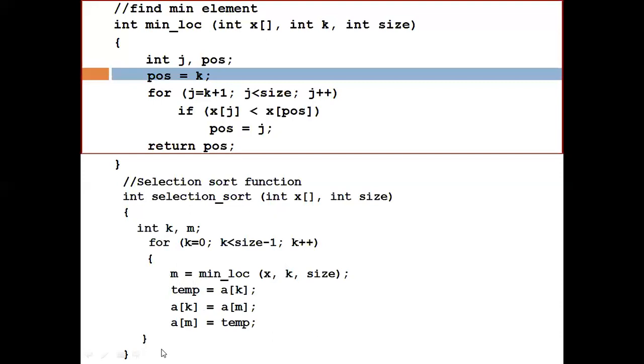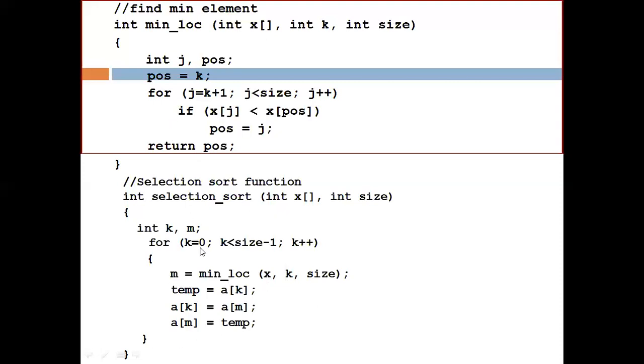Suppose in the first iteration, k will be 0. So from 0 to the last element there will be n minus 1 comparisons to find the minimum, the smallest element.